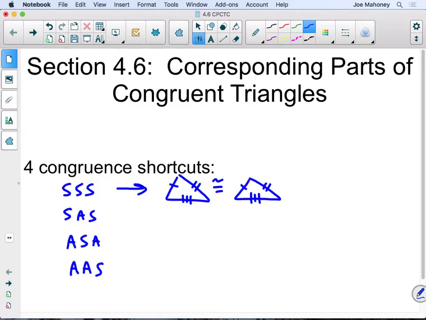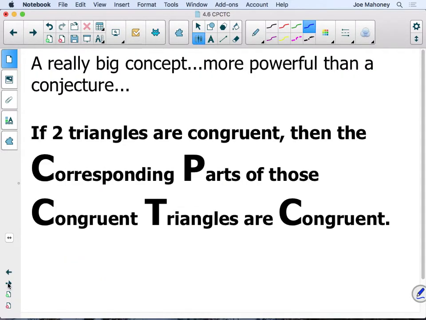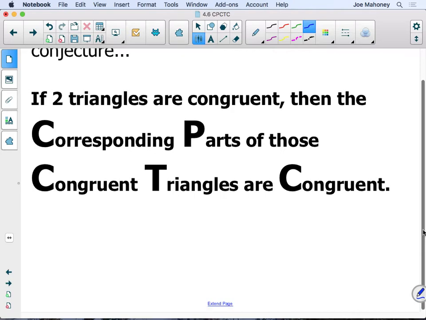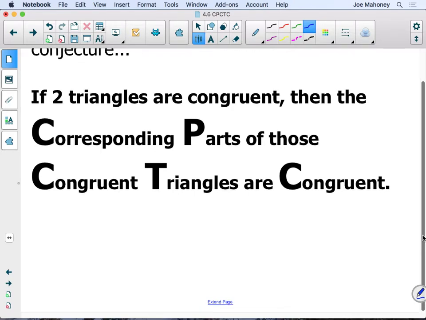And it's a really big thing. It's like bigger than a conjecture. It's more powerful than a locomotive. It's that if 2 triangles are congruent, then the corresponding parts of those congruent triangles are congruent. So here's what that means. It means that if I've got 2 congruent triangles,